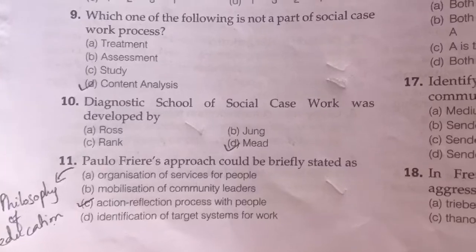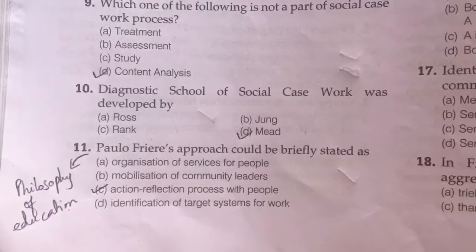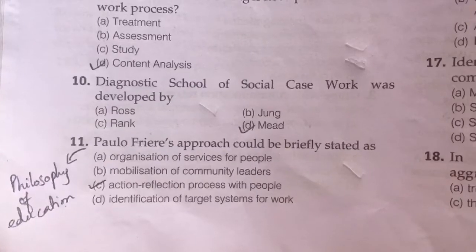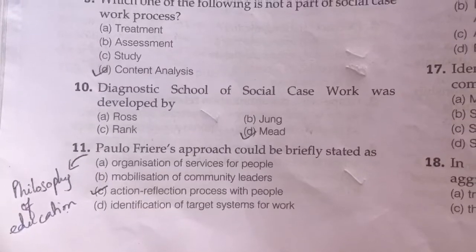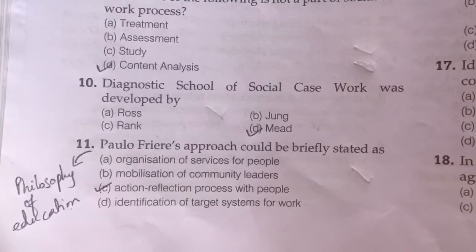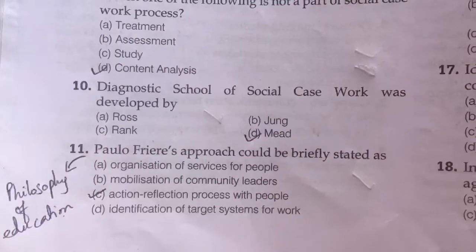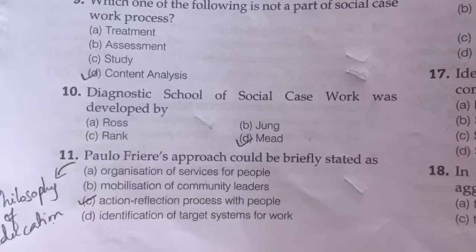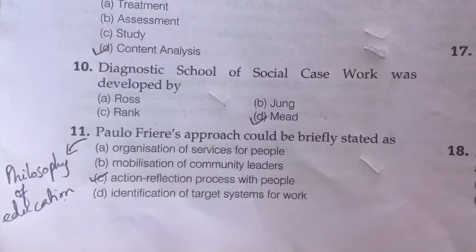Now if you've read a little bit about what Paulo Freire's approach was all about, he gave this philosophy of education which says that students should play an important and active role in their own learning, instead of being just the recipient of the knowledge which is being given out. They should actively participate in the knowledge dissemination, or just discussion. So that should be the whole idea of active learning, and this was proposed by Paulo Freire.